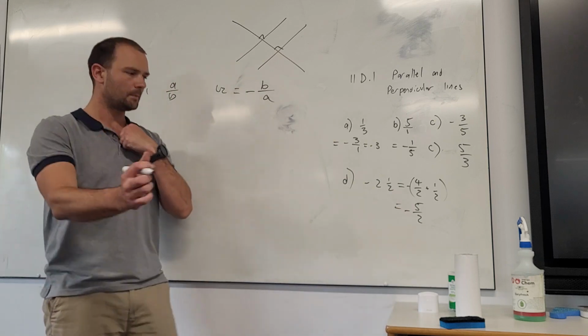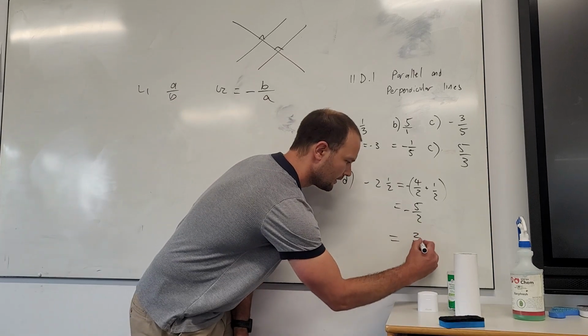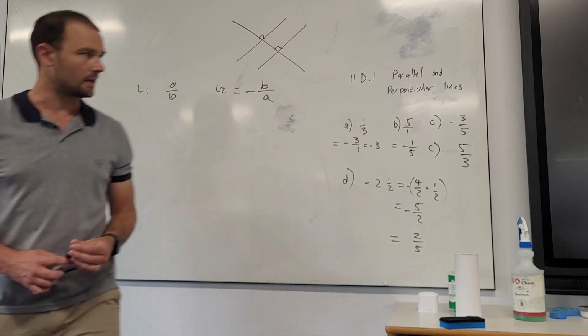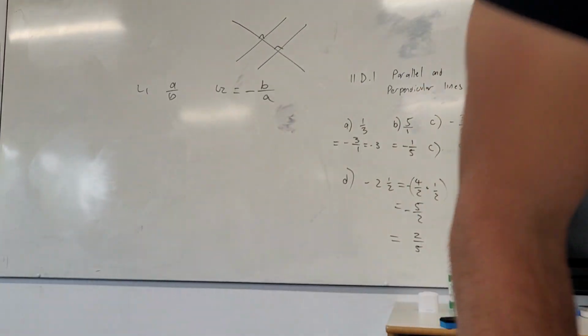And now we're going to flip it. So it becomes 2 on 5 and put the negative in front of it. The negative cancels. So that's 11D1. What I'd like us to do